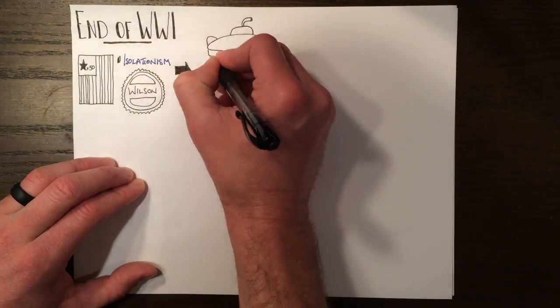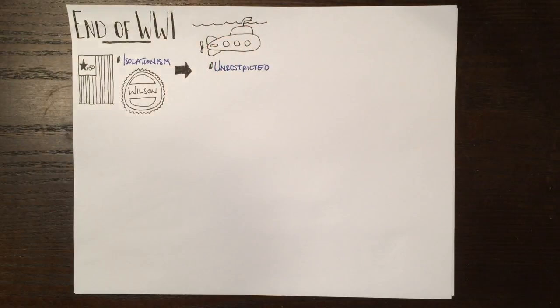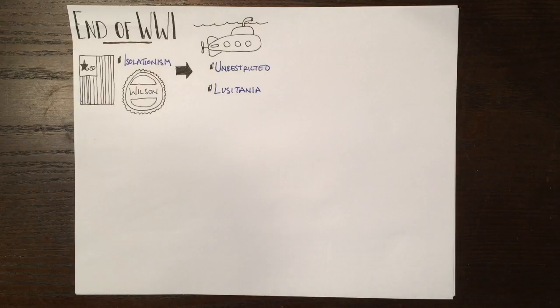One reason for U.S. involvement was the tactic of unrestricted submarine warfare that Germany used against any of the Allied powers or those supplying them. When the Lusitania was attacked and sunk, with Americans on board, the U.S. government complained to the Germans about the loss of American lives. The Germans didn't want the Americans in the war, so they backed off, but it did bring the United States one step closer to war.